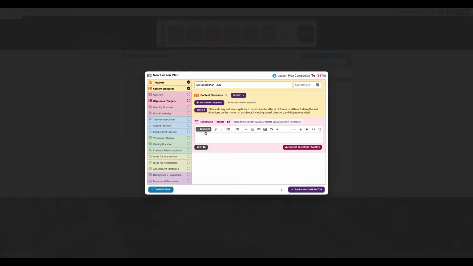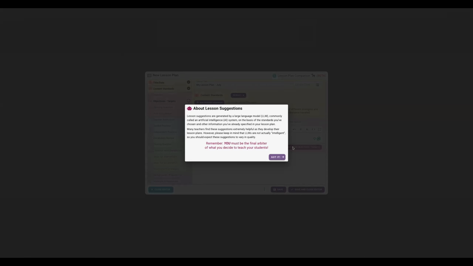But now I'm going to get to the objectives or targets. If I already know what my lesson objectives are, I already have that in my mind, I can go ahead and type this out. I can write an I can statement. I can write a students will be able to. I can plan an investigation. So I can type if I want to. I could go copy and paste from another document if I wanted to, or I can use my large language model. So you'll see that tool. It's represented by a little robot icon, and it'll say suggest. So I can click that suggest button. And I'm going to get this reminder about artificial intelligence. I'm going to pause to read again because this is important for all of us to remember.